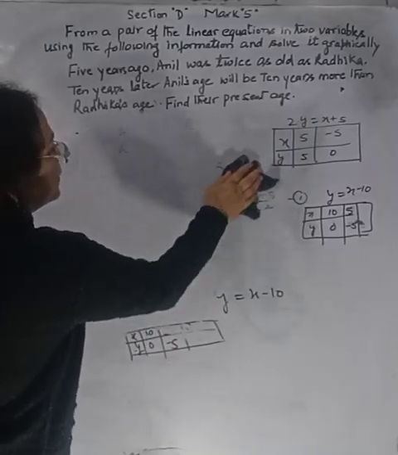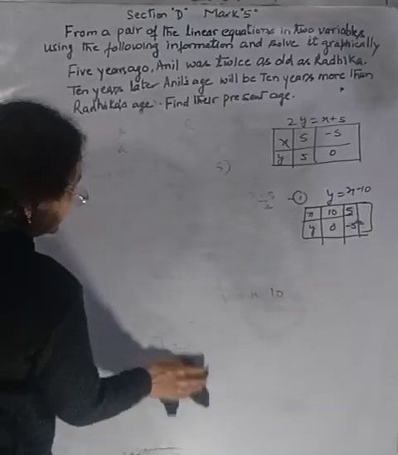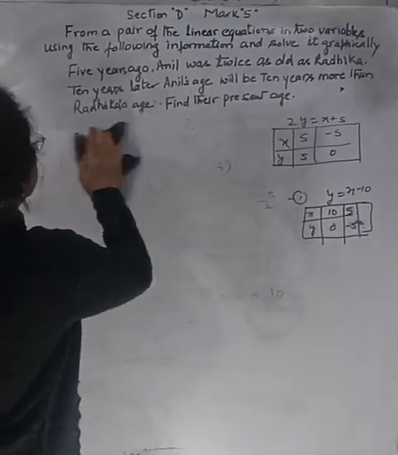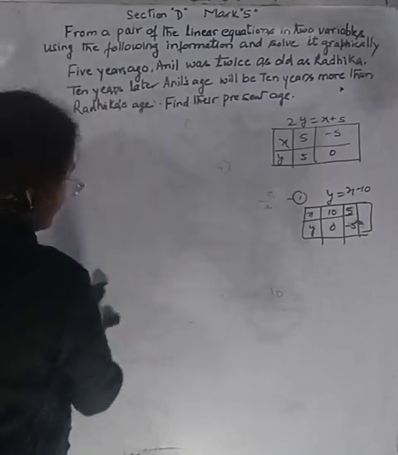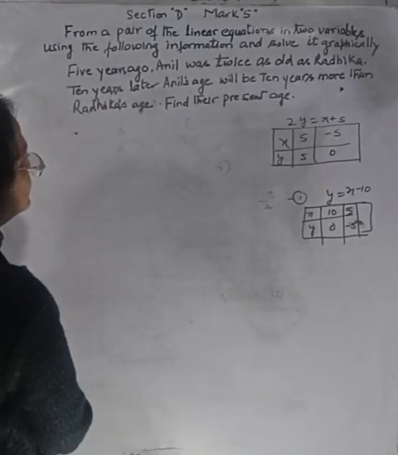We have made the two equations. We have to do the graphical representation, and we have to find the value by means of the graphical method. Okay, now